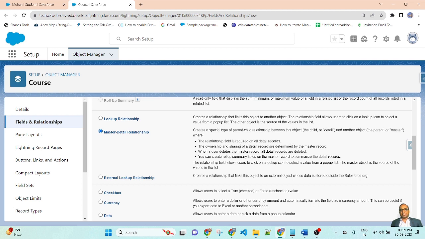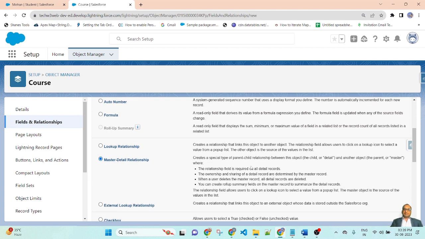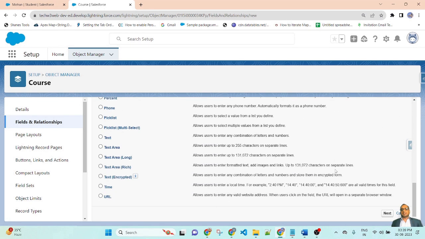The ownership and sharing of the detail record are determined by the master record. When a user deletes the master record, all detail records are deleted. You can create roll-up summary fields on the master record to summarize the detail records. So here I am creating a master detail relationship. Select master detail relationship and select next.